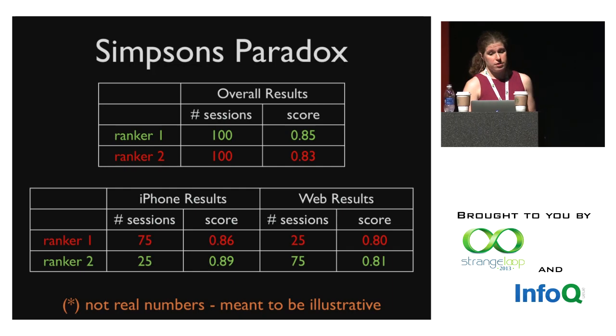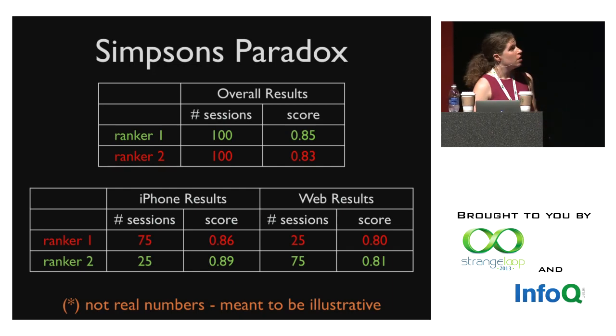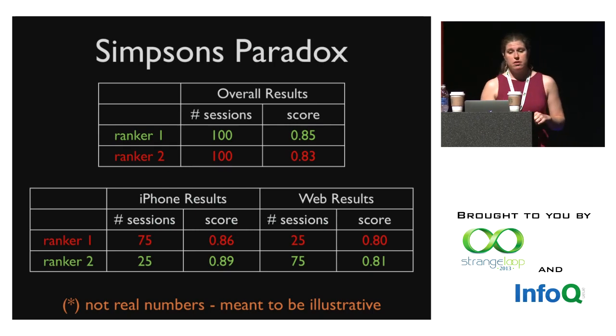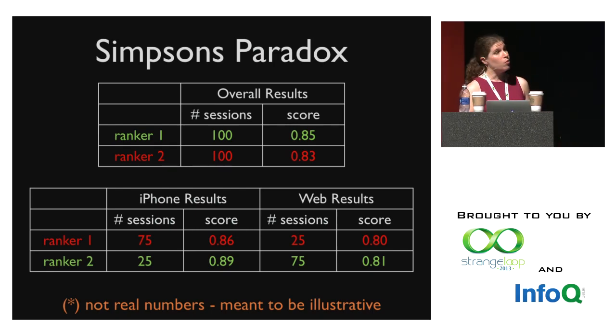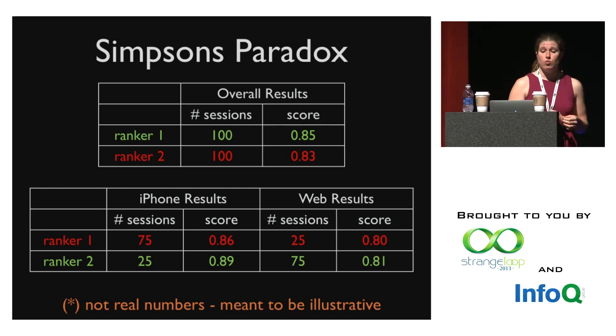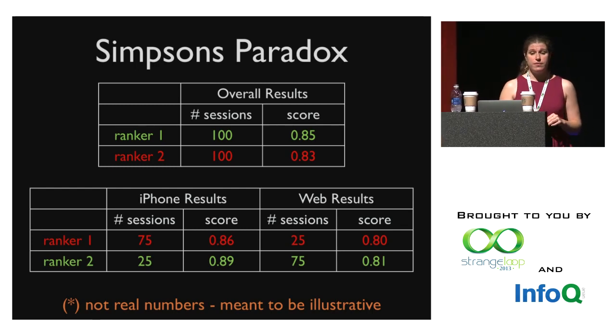The same thing happened to us. We were super confused at first. When we were looking at live results, we often break it down like this. We'll be comparing two rankers, and we'll look at both summary information as well as how each ranker did on each of our two platforms, iPhone and web. One day, we were looking at results, and we realized that ranker 1 did better in summary, but ranker 2 did better on both of the individual platforms. So we were super confused, but my colleague Jason was the first to propose that it might be an example of Simpson's Paradox, and he was right.